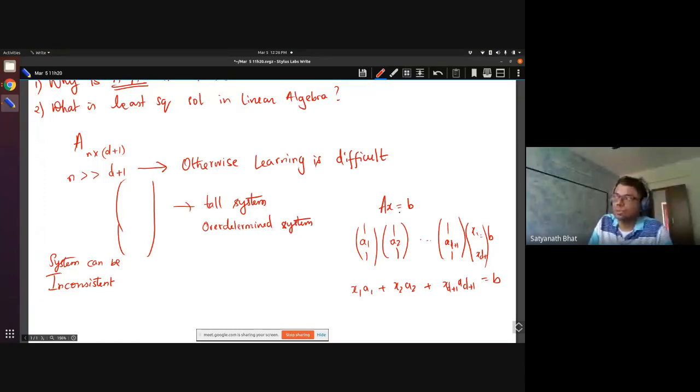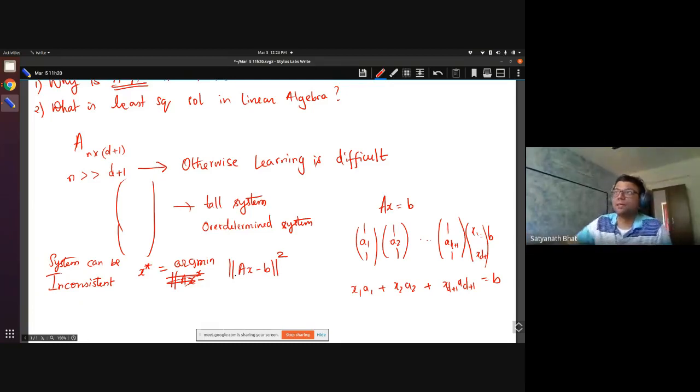In such a case, what we are interested in is, if you cannot find an x which is equal to B, at least can we find an x such that the distance between this, whatever the y, is minimized. So this argmin of x. Can I find an x, which I will call x star, such that this happens? Okay, so this is called a least square solution. And the idea is you are going to try to find the best approximation for B in the column space of A.